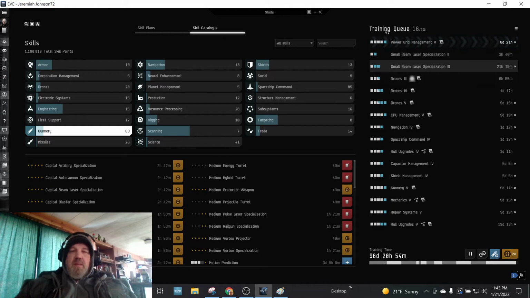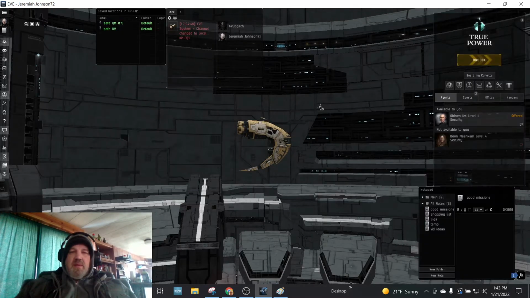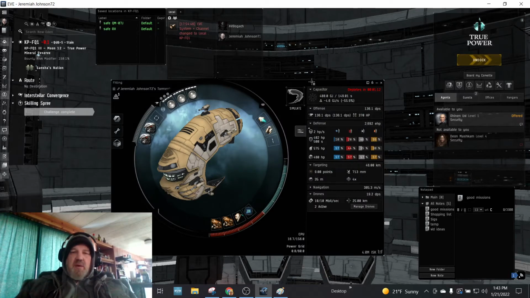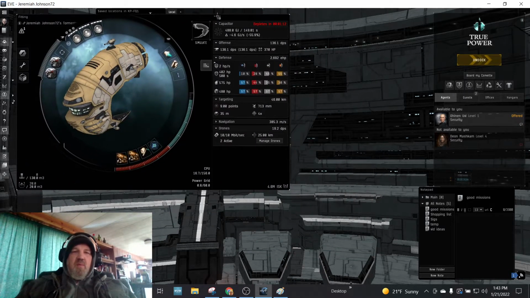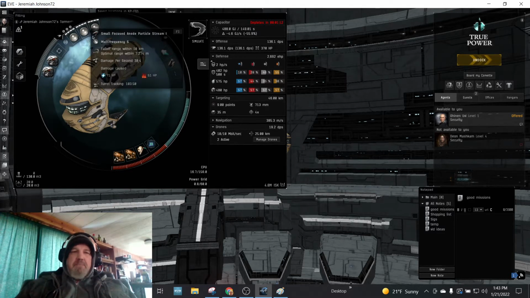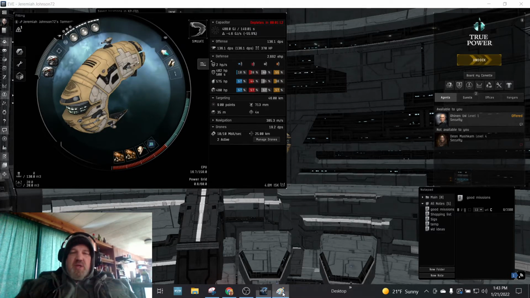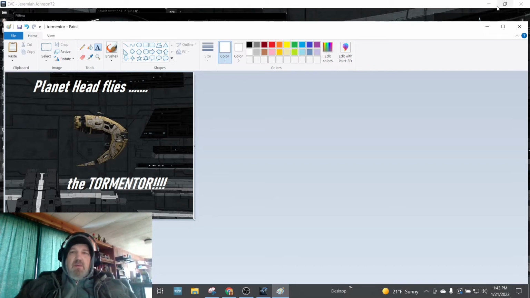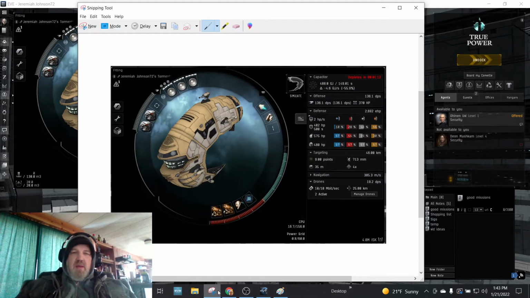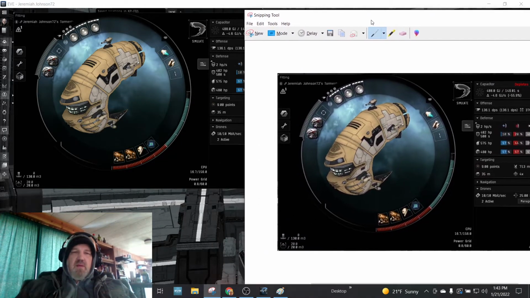So, remember I snipped that thing earlier? Let's see what we got. Here is my current 136.1 with the new beam laser bonuses. Let's check out the snip that I had. Oh, shoot. No, I didn't snip it. Oh, no, I did. I think I did. That's my paint. Oh, snip. There we go. So 136, that is...